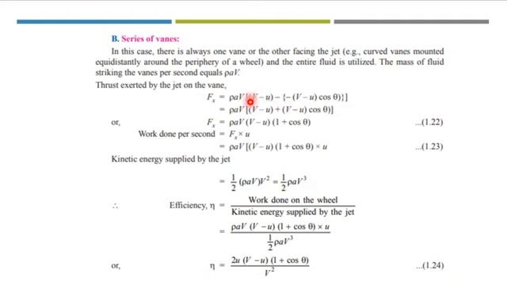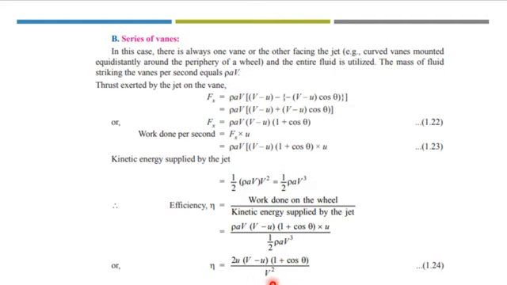So the force exerted by the jet on the vane will be Fx equals rho AV into initial velocity minus final velocity. In the x direction, initial velocity was V minus u and final velocity was minus (V minus u) cos theta. Upon simplification, we get Fx equals rho AV (V minus u)(1 plus cos theta), and work done can be calculated by multiplying this force with the velocity of the vane, which is u. Now again doing the same procedure, kinetic energy supplied by the jet is 1/2 rho AV cubed. So efficiency can be calculated by dividing the work done by the kinetic energy supplied by the jet.